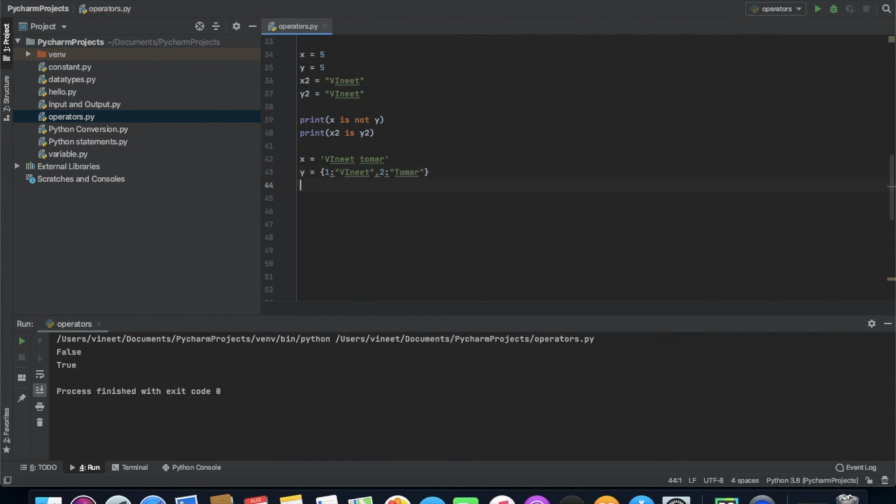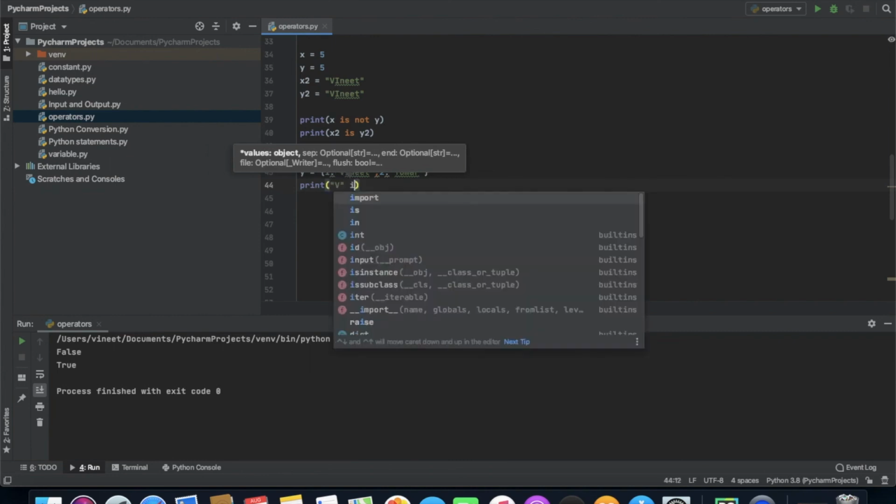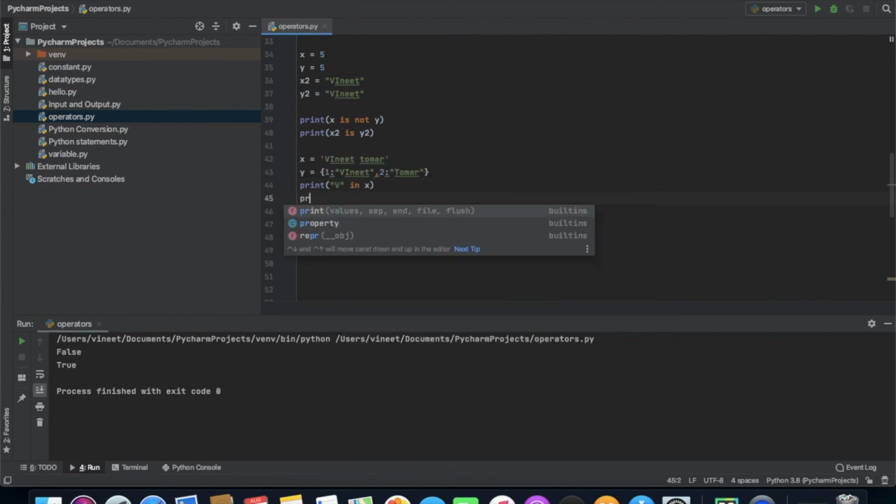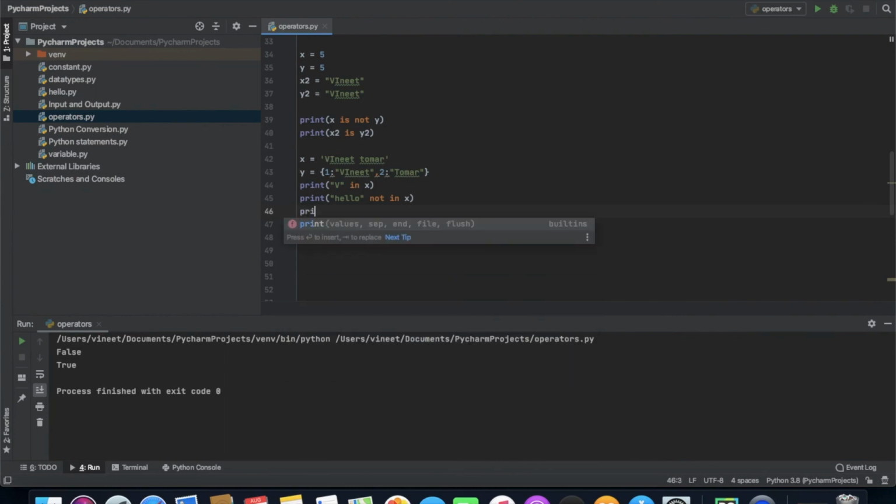So if I'm printing, what should I print: capital V in x, and then hello not in x, and print 1 in y, and print Vineet in y.